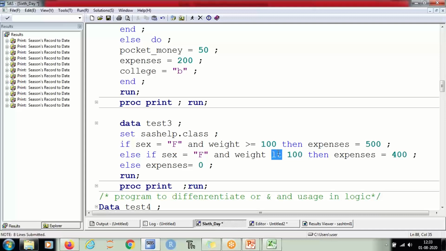If I had written LE over here, which means less than or equal to, then they are not mutually exclusive because 100 will overlap in this condition and this condition as well. The good thing about SAS is you can use mnemonics like LT, GT, GE, LE, or you can use a symbol as well.